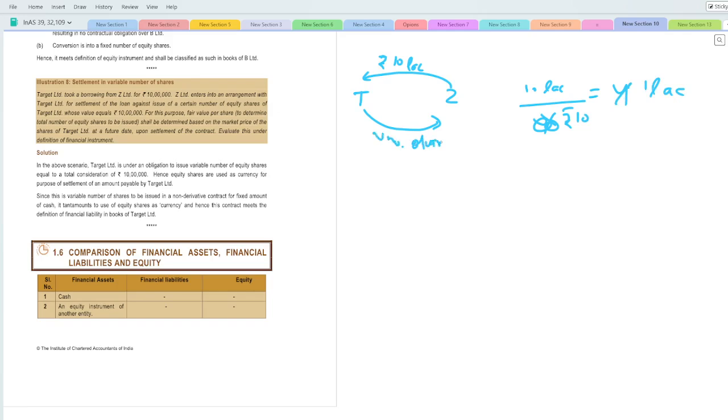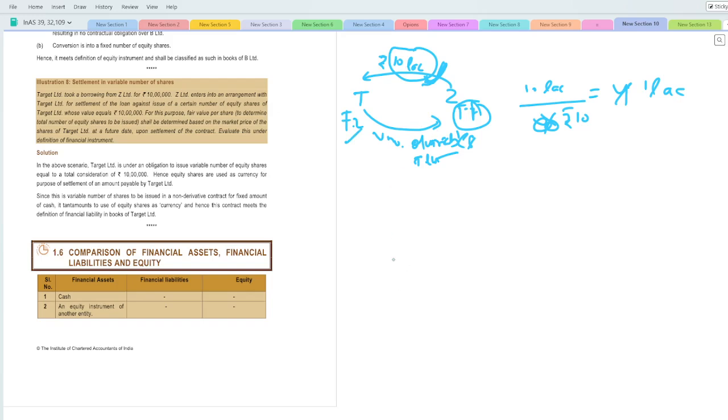So if it's a variable number of shares in the future, then it's a financial liability for T Limited, and for Z Limited, it is a financial asset. So it is receiving a variable number of shares, correct? Of the own shares of T Limited. So here you can say this leg is already performed or it will be performed. But I think if you presume it is performed, then you will not be focusing on this one. If both are not performed, then also it has the same classification, because here you are the first step,